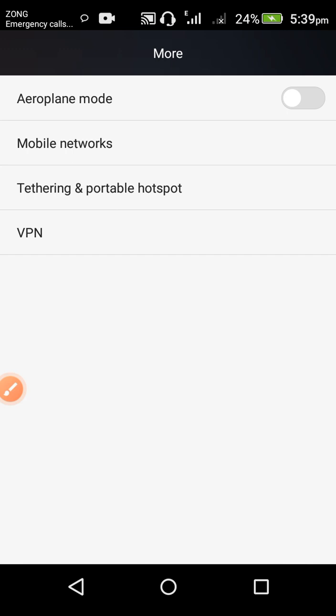You can also see the option of tethering and portable hotspot, VPN, but it is not your work, it is not your purpose, because you want to play PUBG on your mobile. For playing PUBG you have to do another setting, and for this setting I will tell you. Come back,